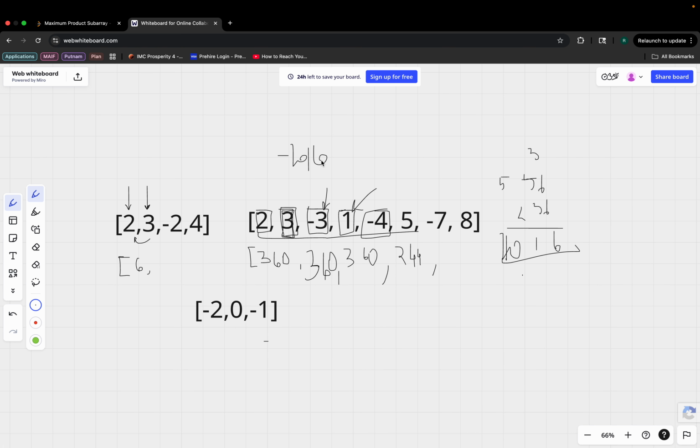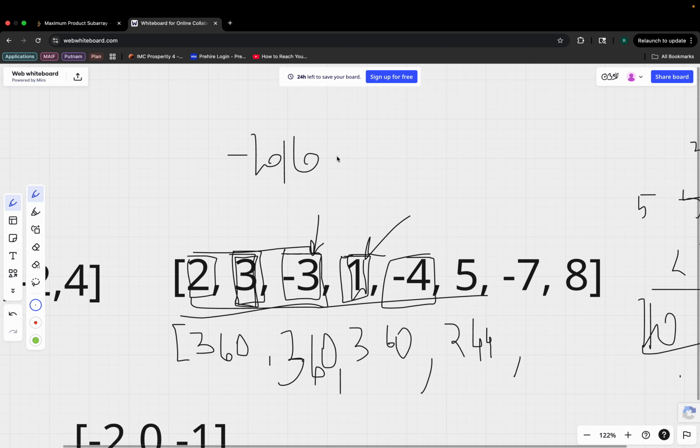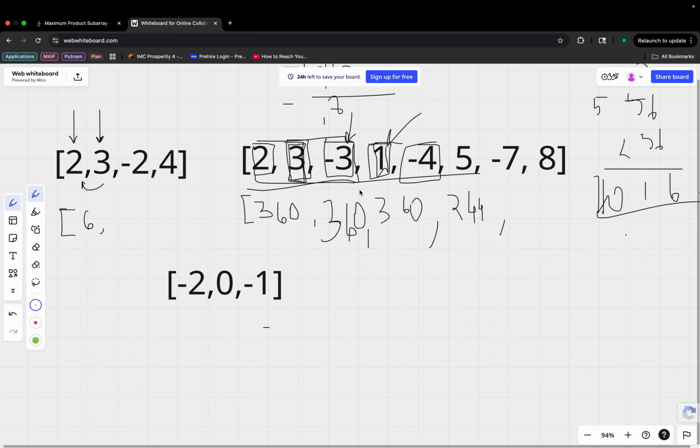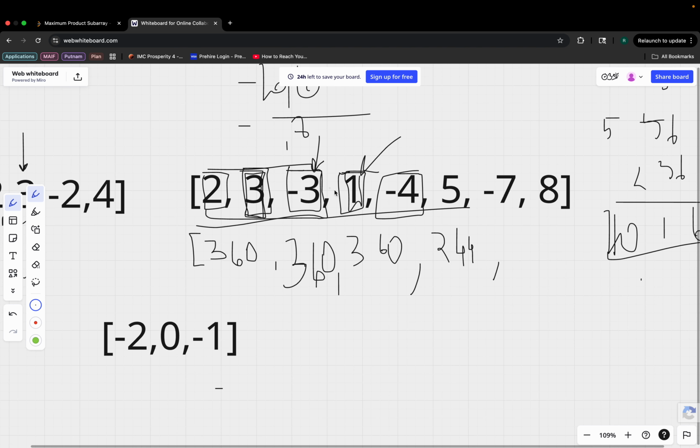But if I divide it by... so once I get to this point though, this 1, I should keep track of a product of everything before it. I guess I could just do that with the prefix sum, but that would take some space though, because I would have to divide by negative 18, and that does seem like 244. Okay, I could do that. I mean, honestly, I think I should do that because that avoids a lot of